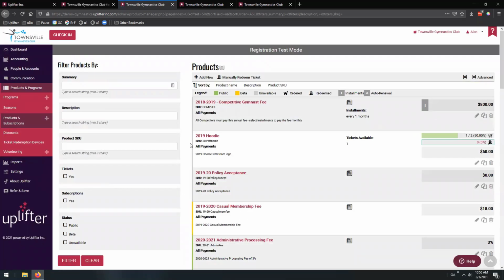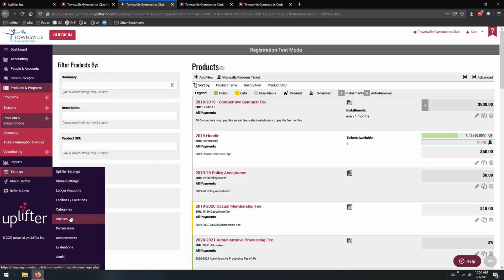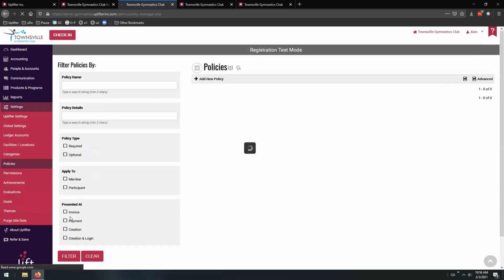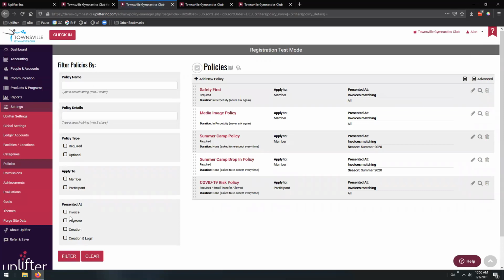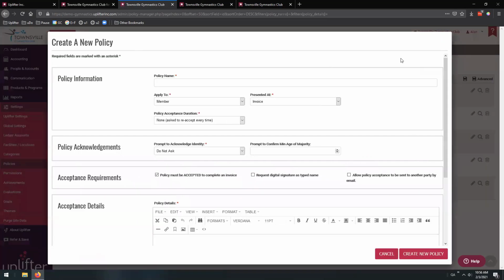Excellent. And now our final element to speak to with regards to the core elements is in fact policies. Through settings, policies, we can establish policies within our system that we either require or just request our end users to acknowledge and accept. Now, when you're creating a brand new policy, you can select Add Policy from the toolbar there. And once again, you'll be greeted by another form that you can fill out to dictate how your policy